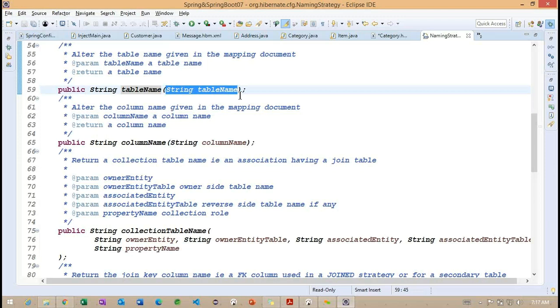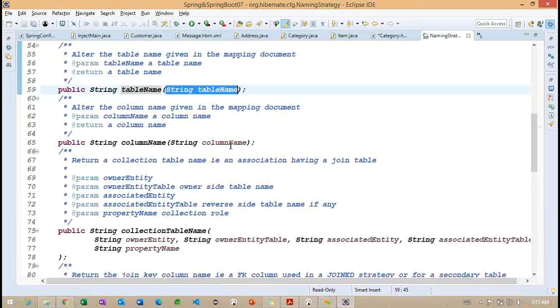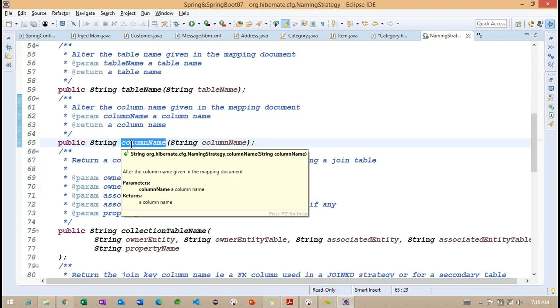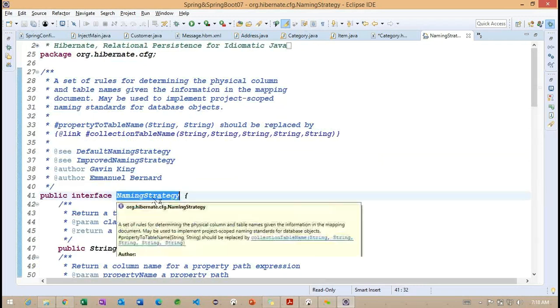By specifying the name of the table, internally we are appending the project information. For example, we want to append AR underscore here. After appending, we return the string, because the table name method returns a String data type. Or we can work with the column name; the column is the same thing. Getting the point. This interface, naming strategy, is important.